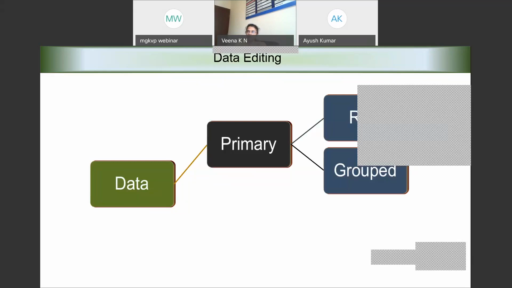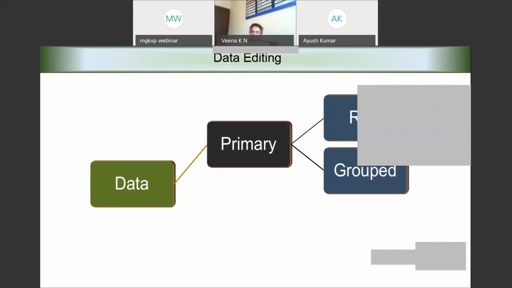So when we talk about data editing, we do it primarily for primary data, to convert raw data into group data and into useful data, which will finally help us do the analysis later. Data editing is extremely important for primary data, and most research in social sciences deals with primary data.